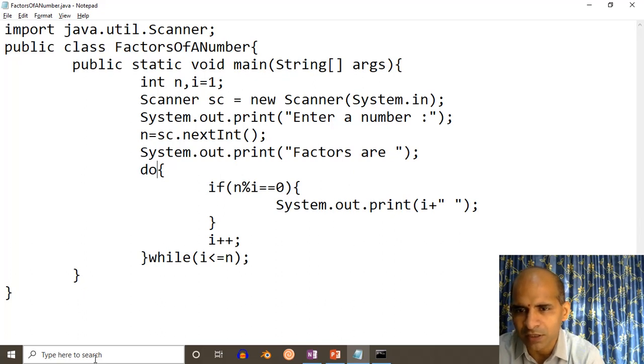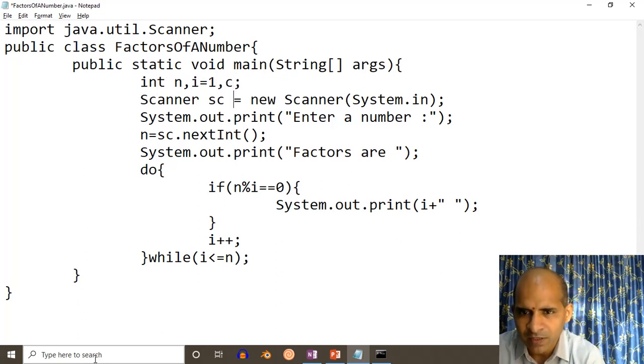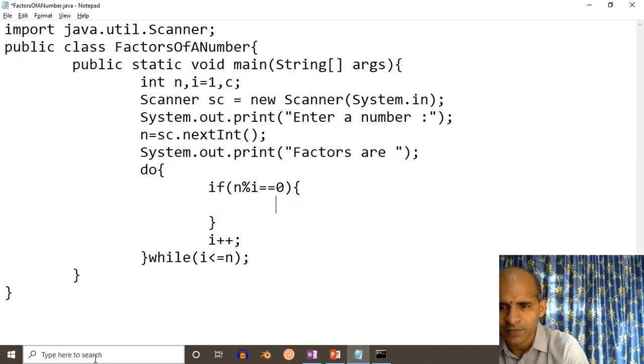And in counting, you always have to take a variable, and if the number is divisible, then you have to increase the variable by 1. So in this case you have to take a normal variable c, and if it is divisible, then we have to make c equal to c plus 1.